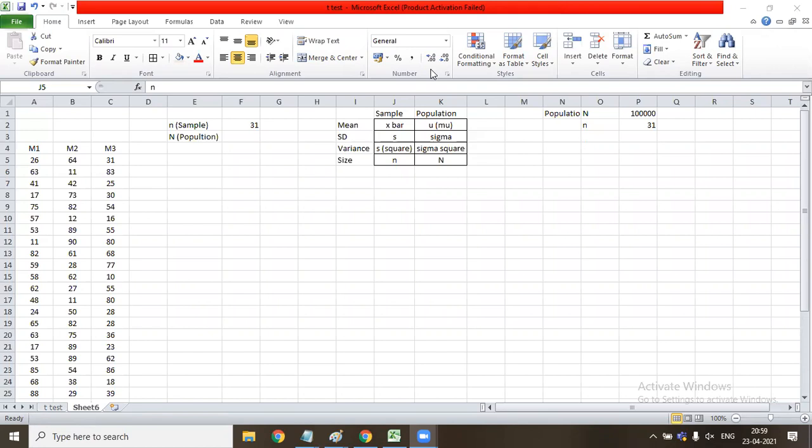Then it will try to identify whether the between variation is sufficiently large as compared to the within variation. If it is not sufficiently large, then it will say the samples are from the same population and the mean is the same. Otherwise, it will say the means are different. This is the principle on which ANOVA works.